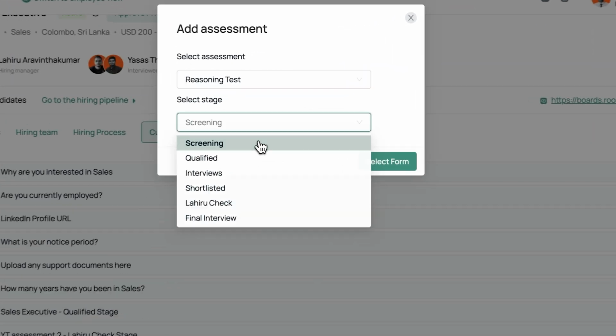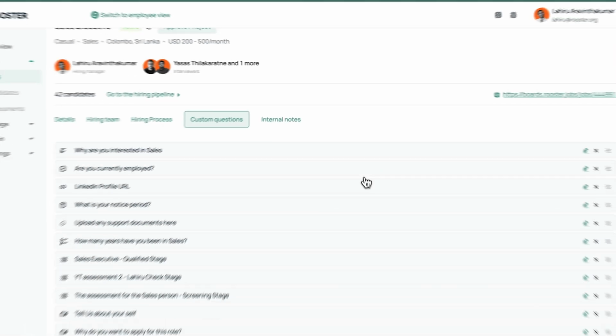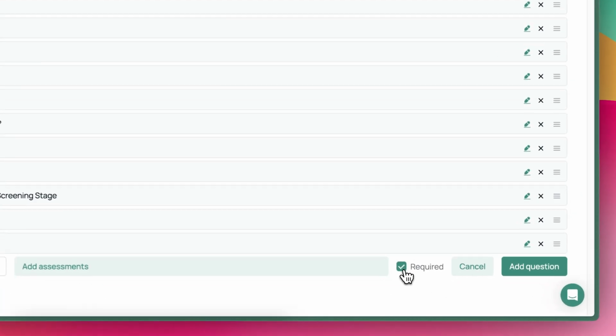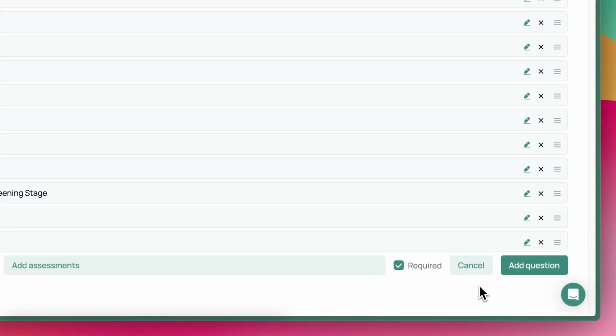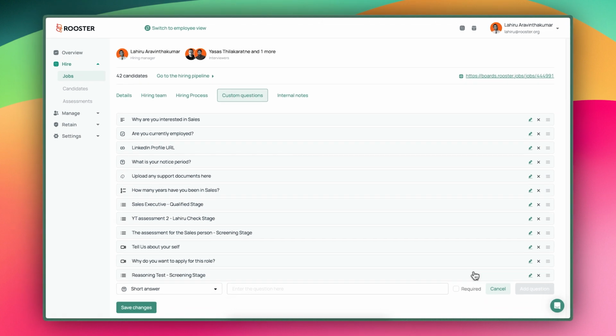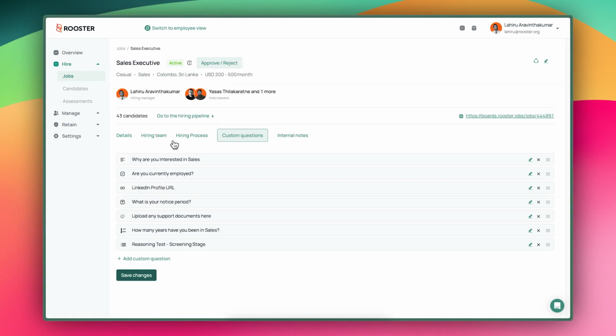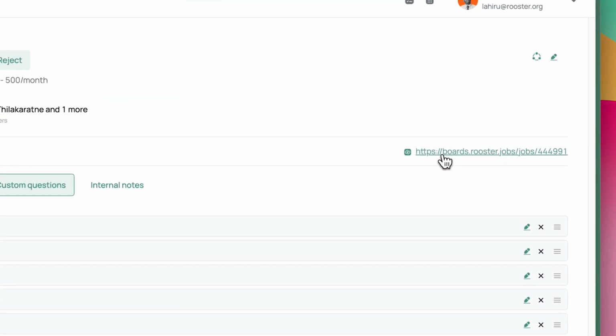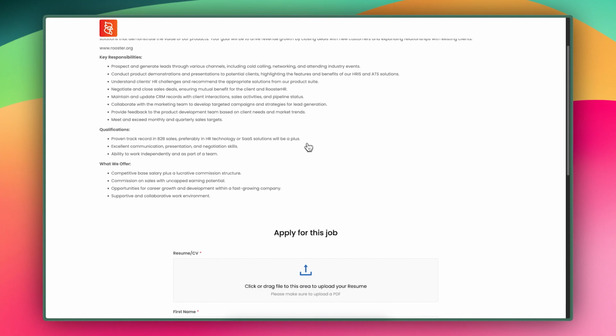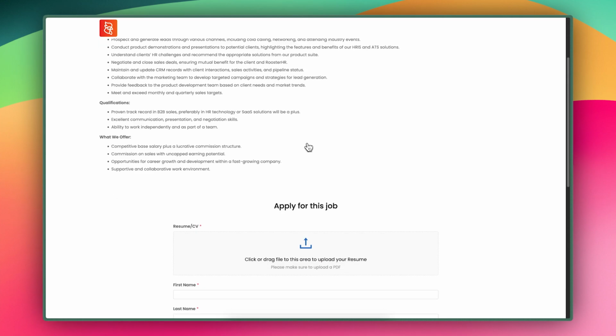So let me just go ahead with screening here, select the form. You can make it a mandatory field, of course, and you can add the question here, and you can save changes. Now that we've set up the questions that the candidate needs to answer along with the assessments here, we can take a look at what the candidate would see. So if I click on the job position or the job application page,